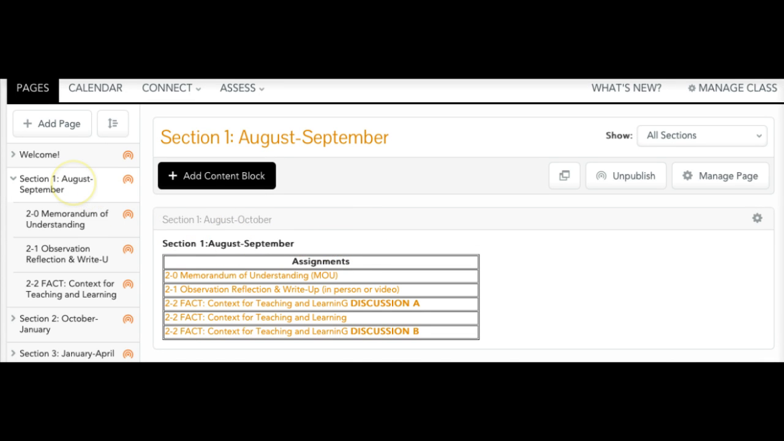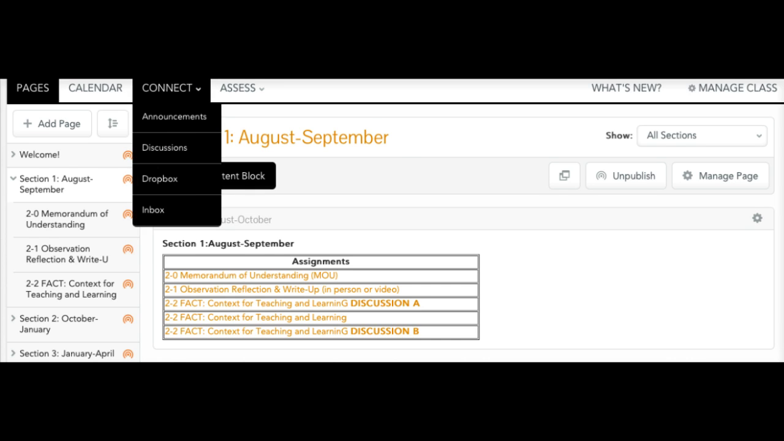So here we are under section 1, August, September. You can see this list of assignments, note discussion A and discussion B, so we don't forget those. Context for teaching and learning is where we would find that page with the video and the discussion information. We're going to go to Connect, and we're going to go to the Dropbox